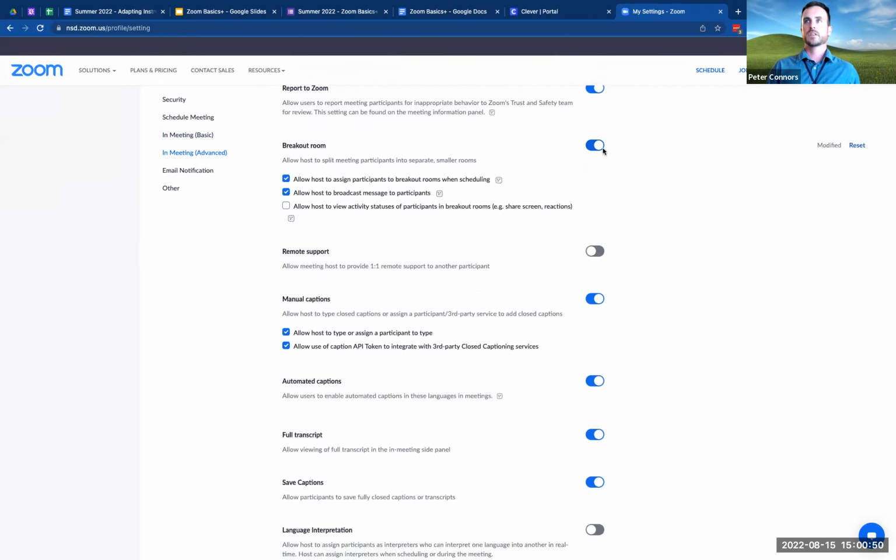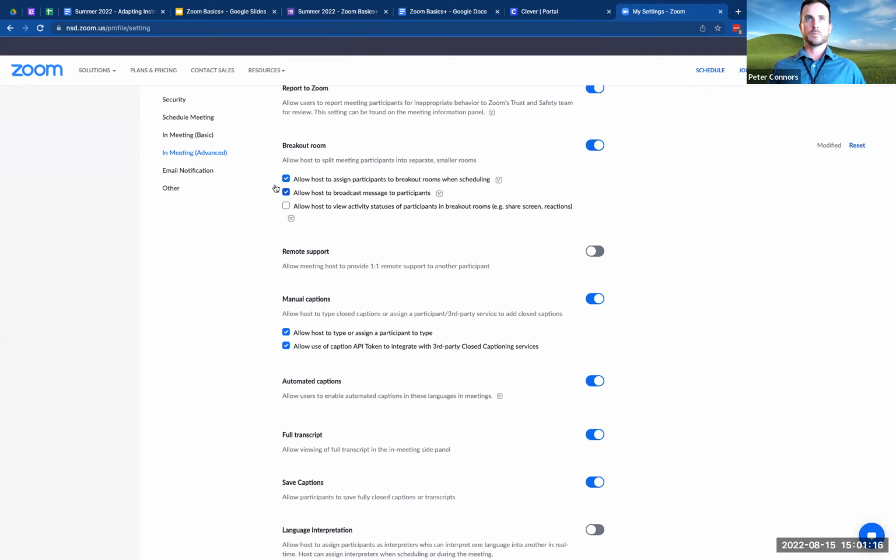Another one to make sure you have turned on is breakout rooms, because we're going to be talking about those in a bit. I would definitely encourage you to use them. And you'll see some check boxes here, allowing hosts to assign participants and allowing hosts to broadcast messages to participants. Again, those are things that Maddie's going to show you that you can change on the fly, but this is just by default, so it doesn't overly matter.